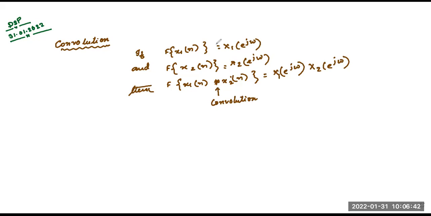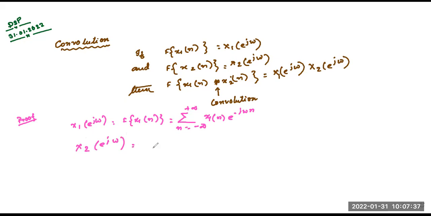So how to solve it? X1(e^{jω}) equals the Fourier transform of x1[n], that is equal to the summation of n equals minus infinity to plus infinity, x1[n] into e to the power minus jωn. Now X2(e^{jω}) equals the Fourier transform of